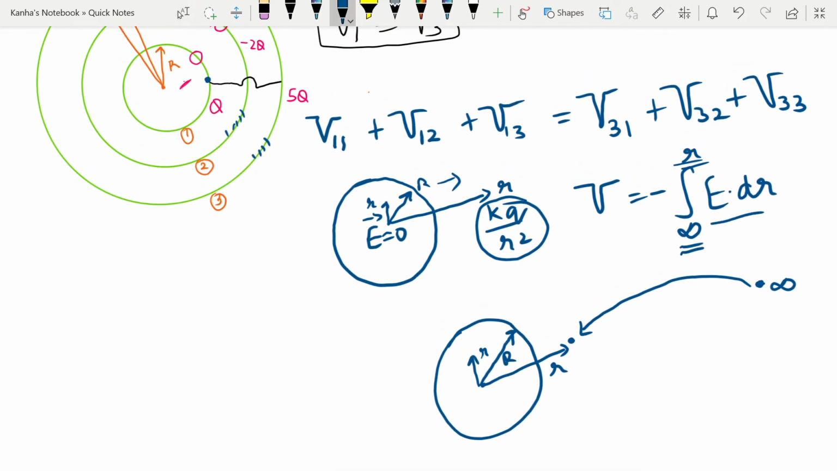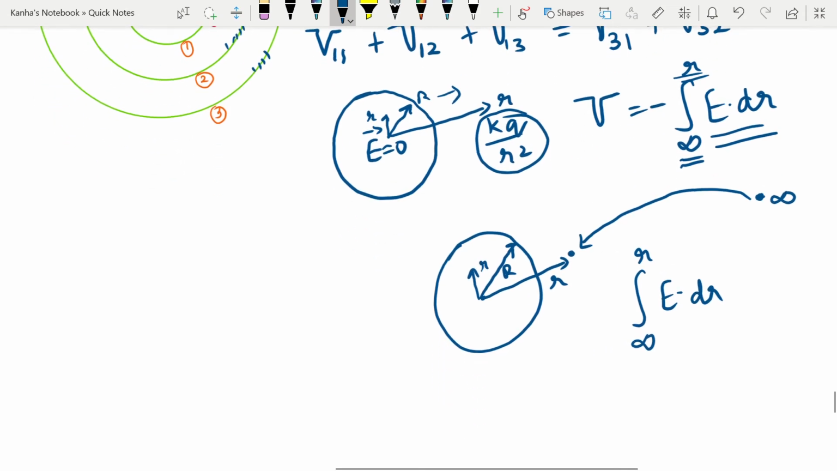As you can see from this integral, and if you have a basic knowledge of maths, I can split any integral. For example, my infinity to r integral, if r is outside, then I have E dot dr. Even if r is equal to capital R, this will become just this. This will give me the value of the potential at the surface. But what about the values of potentials inside, when r is less than R? For this case, what will happen is,